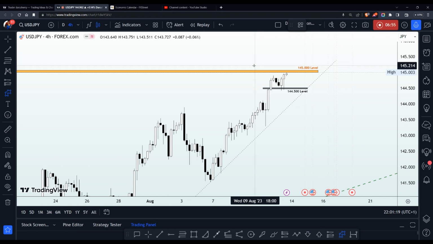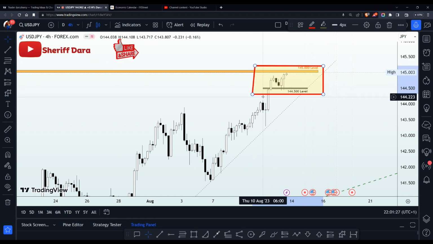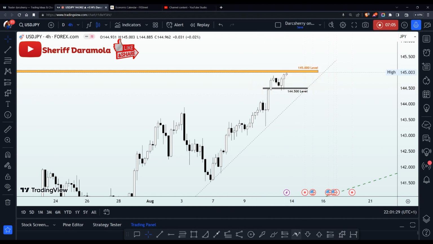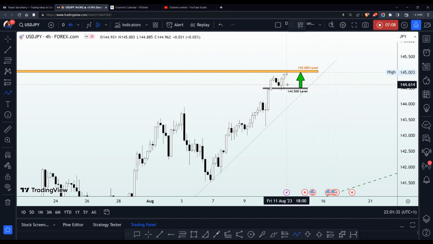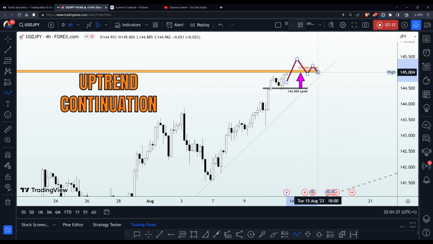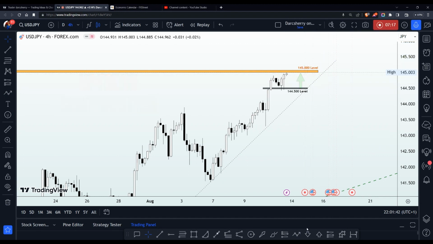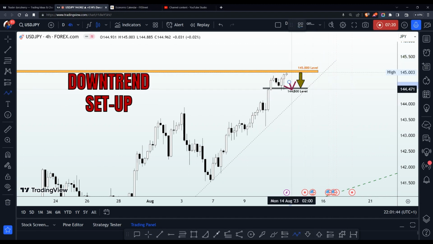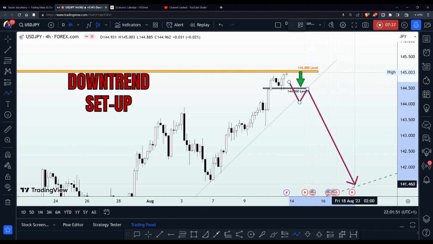If you have been with me in this community for a while now, you know that whenever we have a flat range like this, we have no other choice than to remain patient, waiting for a signal which could come either in the form of a breakout of the resistance line to give us an opportunity to join an uptrend continuation, or probably a breakdown of the support line here, which will of course share a confluence with that ascending trend line